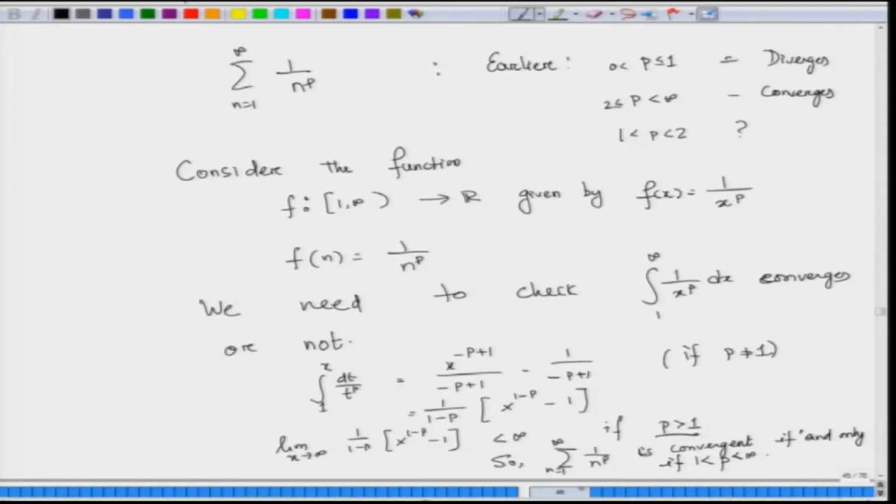Sometimes we assume that most of the time our a n's are non-negative numbers, then many of the tests hold true. Suppose, for example, for the ratio test and the root test, because we are taking the nth root of a number, we are forced to consider a n's to be non-negative. Now, in the ratio test, what we need only is that a n is not equal to 0.